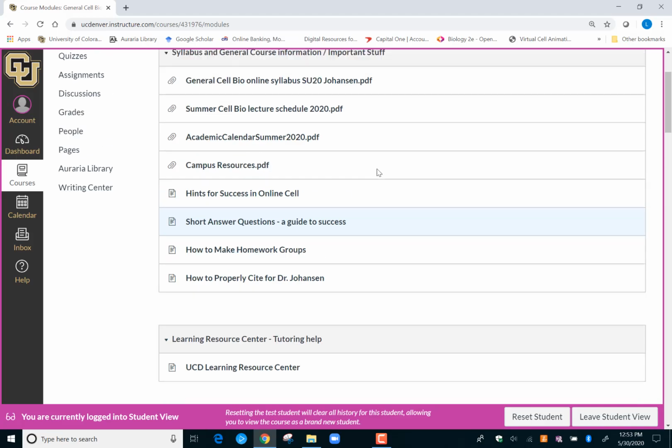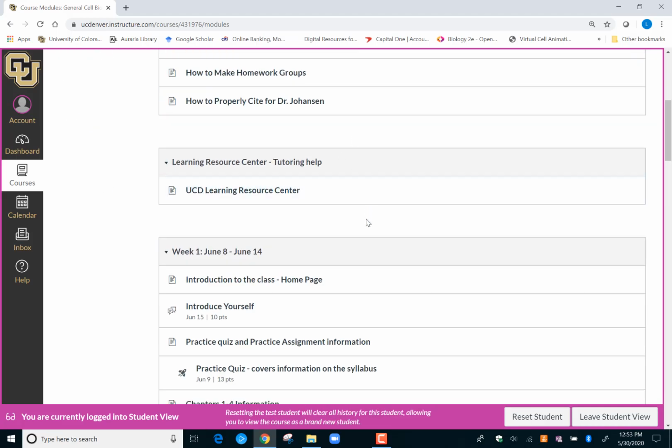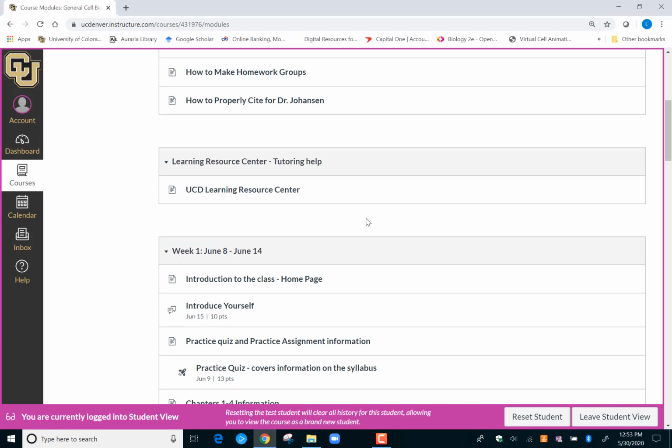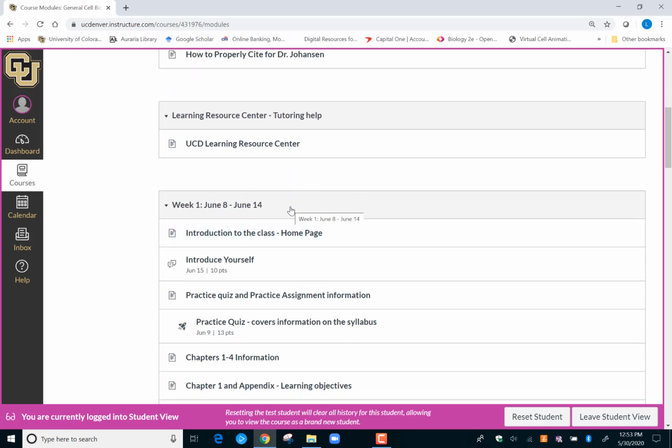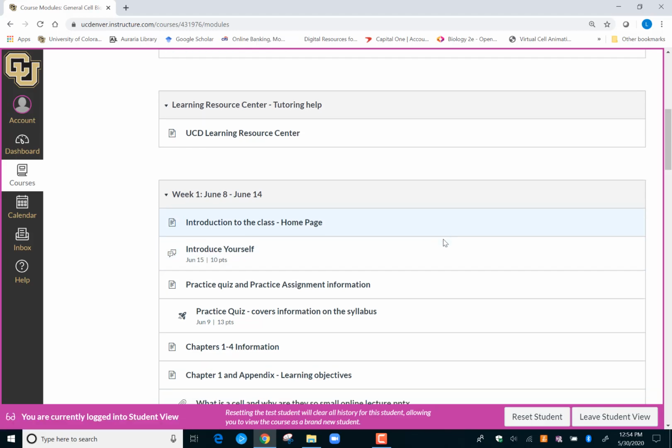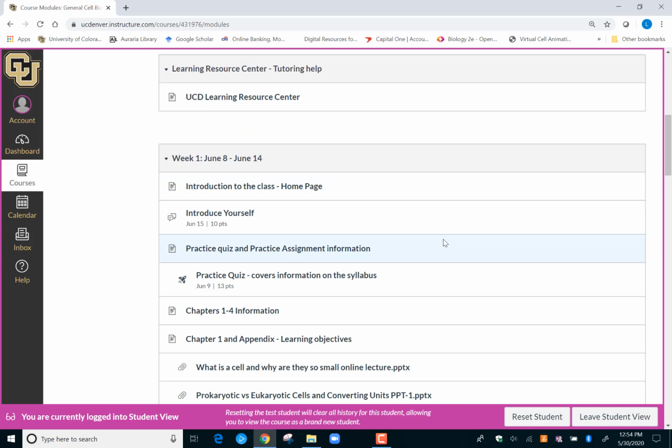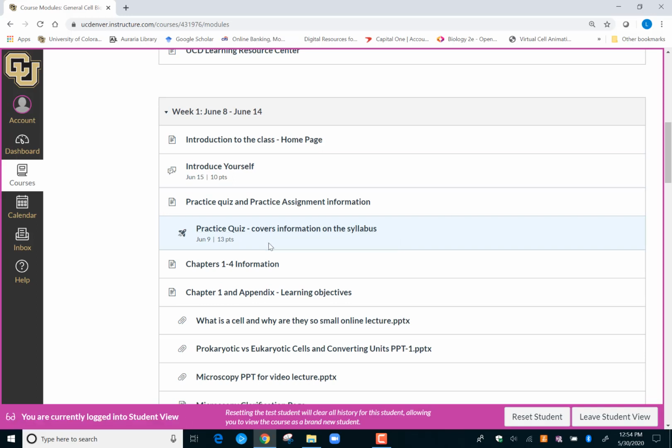So after those two overview modules, or kind of resource modules, you're going to have a module for each week. So for instance, Introduction to the Class homepage, this is what you're seeing on the home page right now. So if you ever go, gosh, I can't remember what she put, I will always include the home pages for each week within that module. Then as you go through the module, you'll see what you need to do for that week, such as introduce yourself, practice quiz and practice assignments,